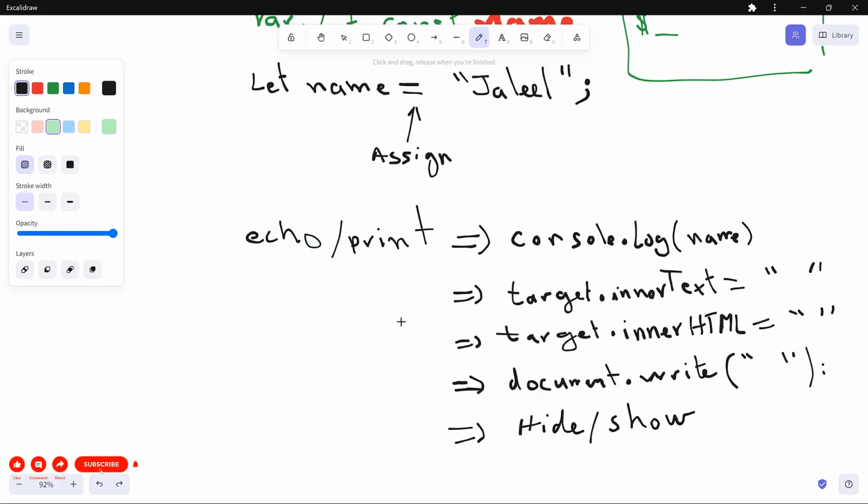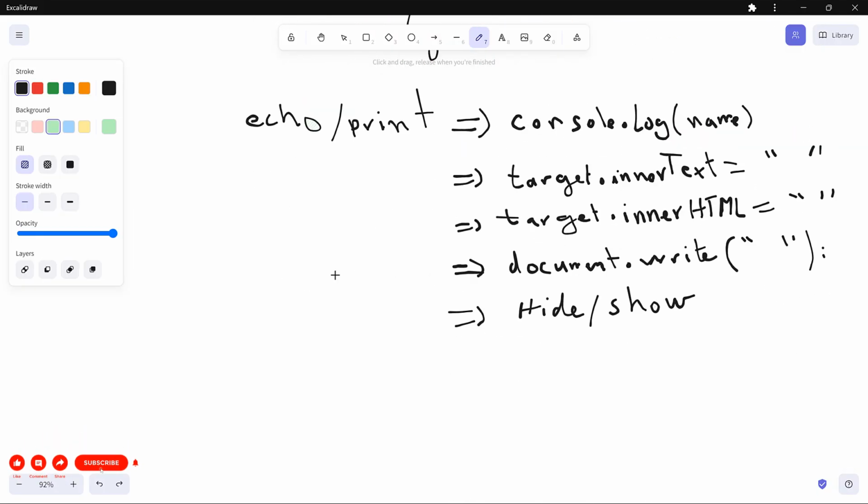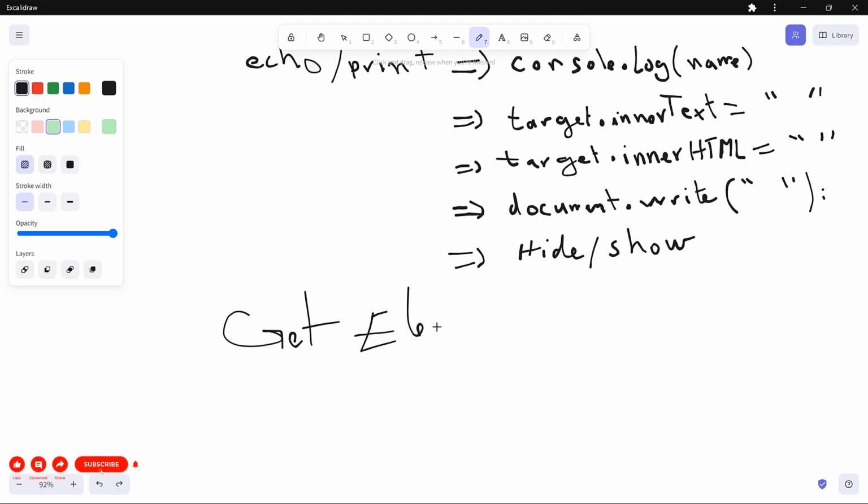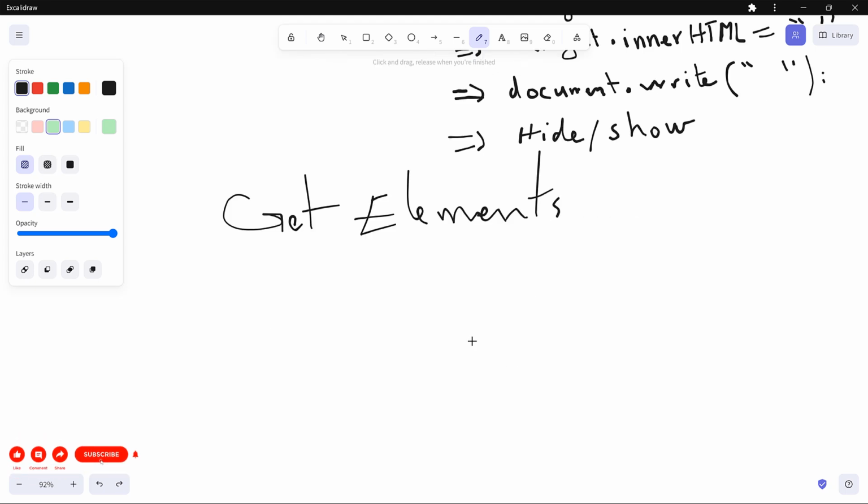The next thing I would like us to look at, since we've seen how to display something, is how do we actually get that target element? How do we get it? So to get a targeted element, we also have many ways of doing that. We could use the element's name, and JavaScript has a function called